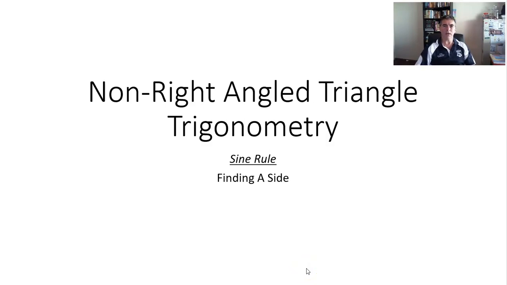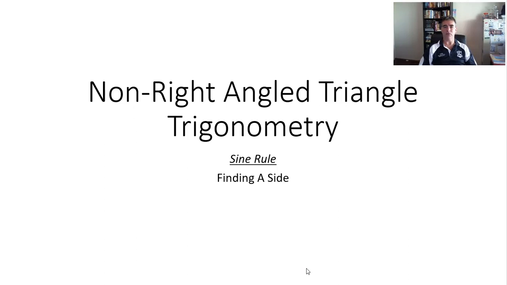In this video, we're going to have a look at doing some trigonometry in non-right angled triangles. In particular, we're going to look at the sine rule and how we find a side. But before we actually find a side, I'm going to show you how or where the actual rule comes from. And if you're doing general or standard mathematics, then you won't really need to worry about where it actually comes